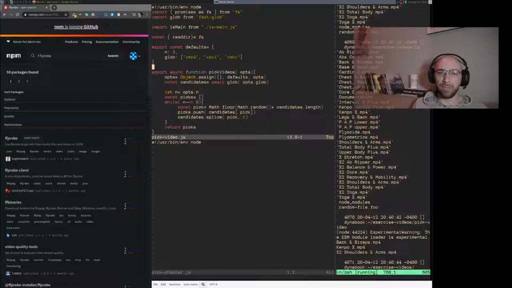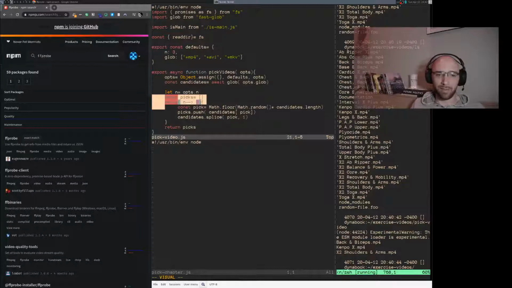That could be smarter. I could make that a little bit fancier, make glob parameters that get passed into pick videos, or allow it to have standard input that is paths that it can pick from, and then when standard input closes. There's a lot of ways I could make it more fancy and give it more configurability. This is a super simple, super hard-coded path, but it's really all I need to be able to go to a directory and start using this tool to select things out. So we're getting the candidates, the different files that might match,